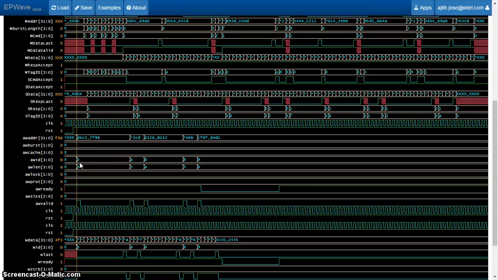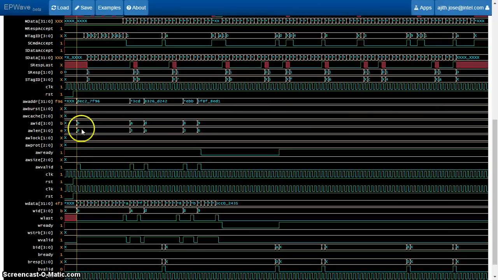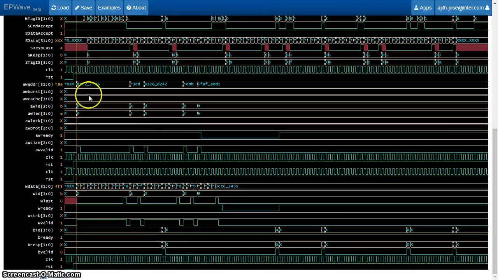We can see that first the master 2 is inserting a write request with ID B and length E. You can see that master 2 is initiating all the tags which are greater than 7, and master 1 was initiating the tags with values from 0 to 7. So the tags here are B, A, D, 8 and 9, and the lengths of the writes were E, 3, A, 3 and 6. You can see that again in the data channel,